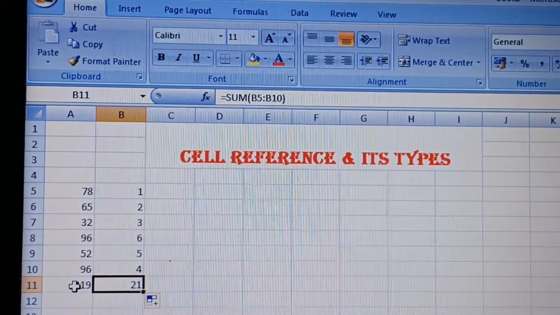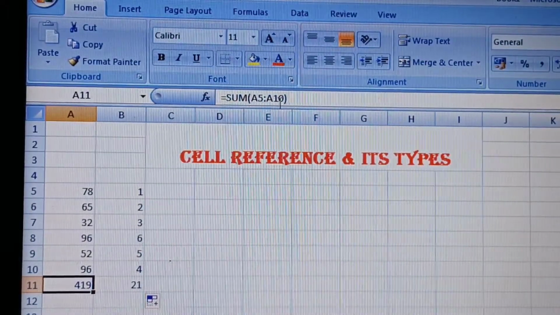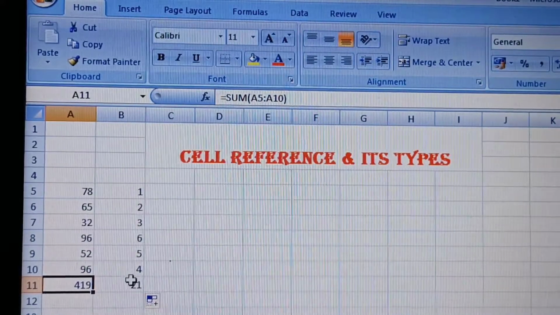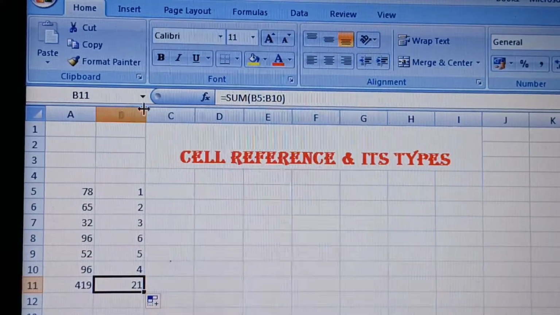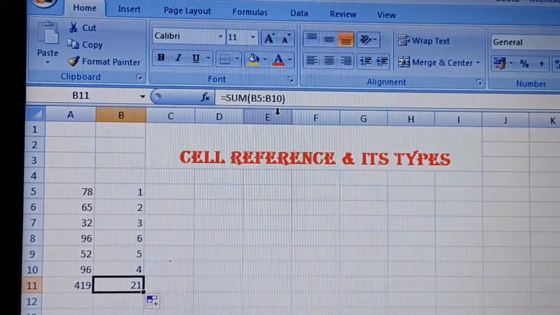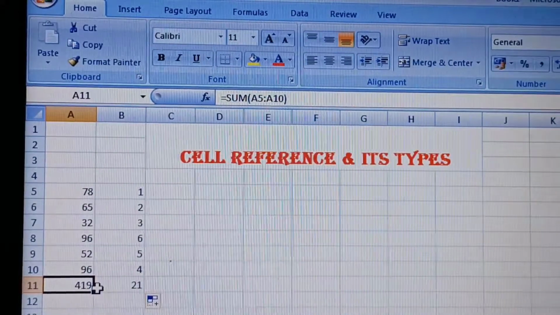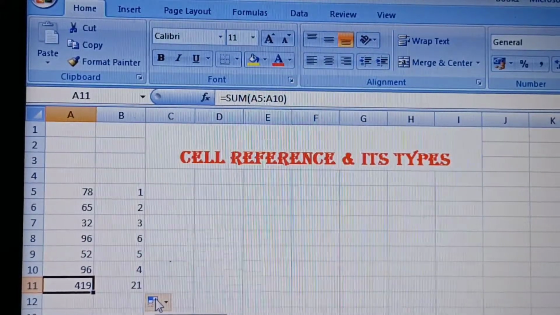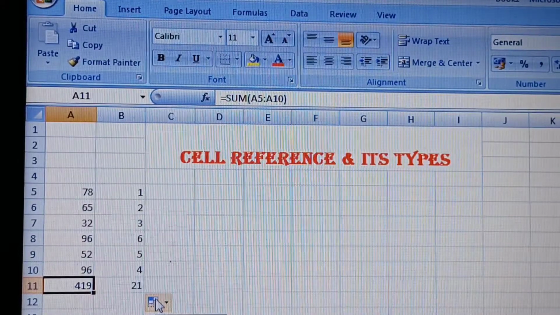When you put the cursor in A11, the formula is SUM A5 to A10, column A. When we put the cursor in the second column, the reference has automatically changed. Automatically, no need to change. We only write the formula in this cell, and when we drag it, it automatically changes the cell address, and the same formula is copied to the next cell. It's a relative reference. Clear?